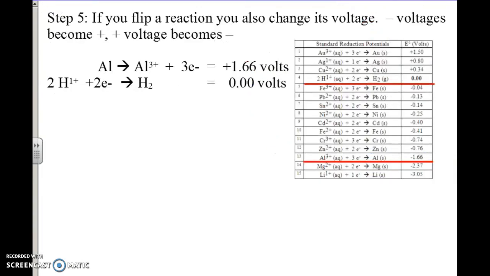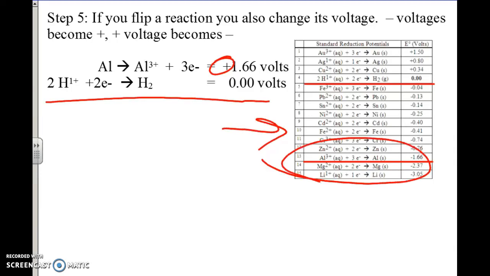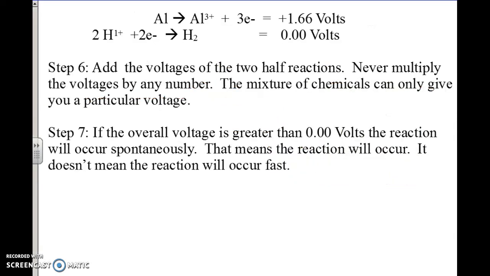So this is what we have so far. Again, we flip this voltage right there because we had to flip the reaction. Every time you do one of these problems, you will have to flip the oxidation reaction to get it to look like one of those. Or I should really be saying we have to flip one of these reductions to look like the oxidation that is in our problem. We add the voltages together,